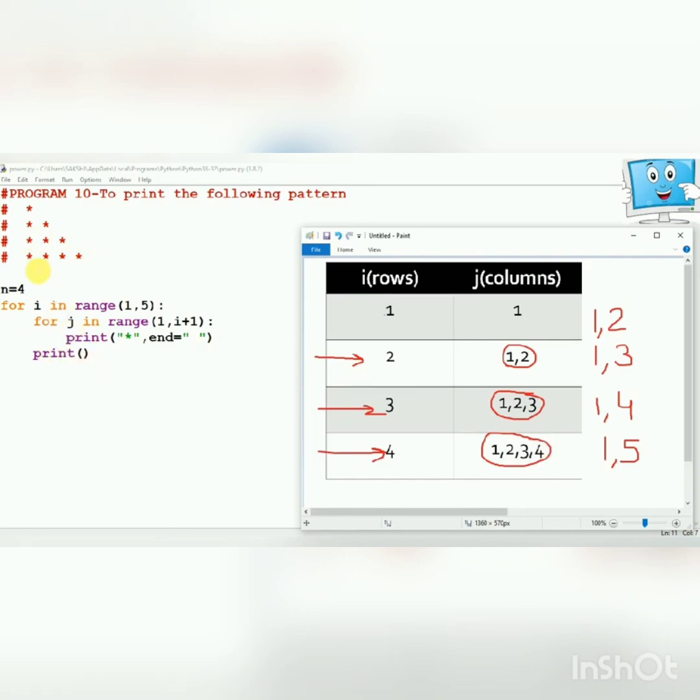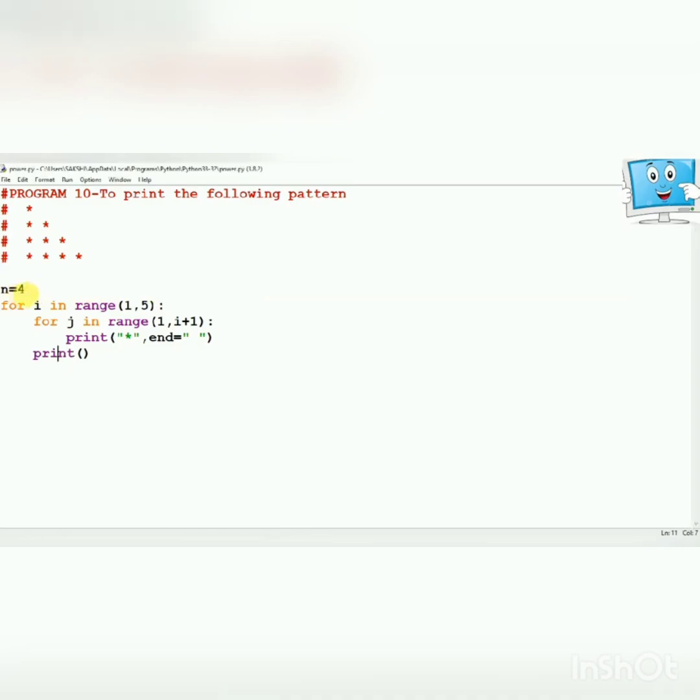Now the value of I becomes 4. The value of I was 4 and now it will continue only till this value because the range function takes one value less. So both the for loops have been executed the number of times they were told. So this is the way you have to create this type of program. You have to remember that whenever we are creating programs of this type in which the rows and columns are there, we have to take 2 variables, one for the rows and one for the columns.